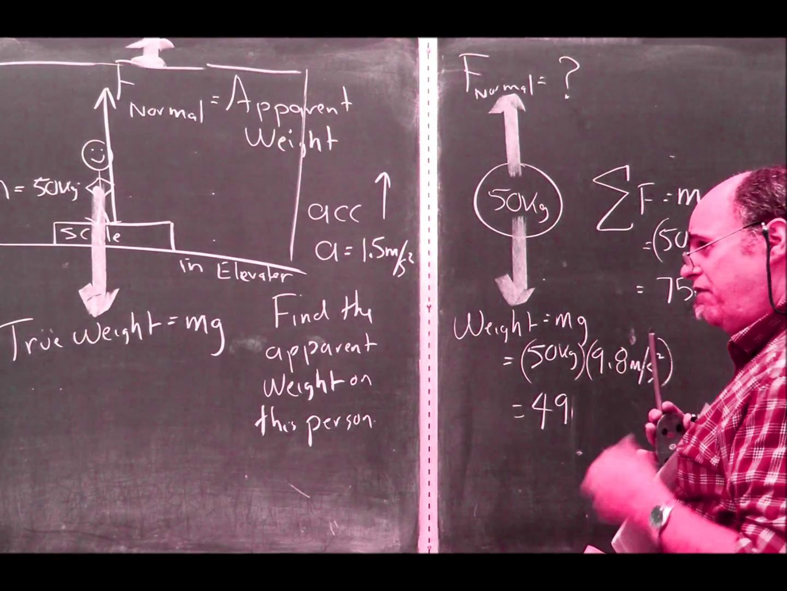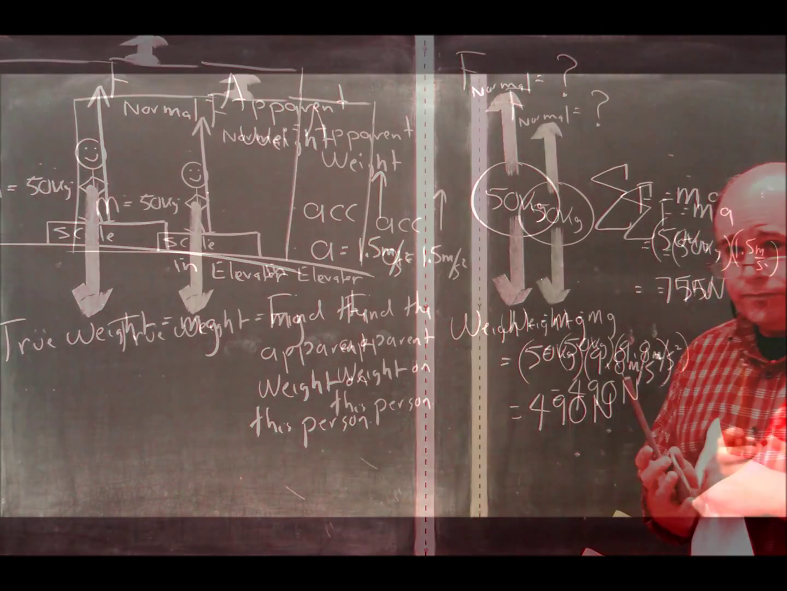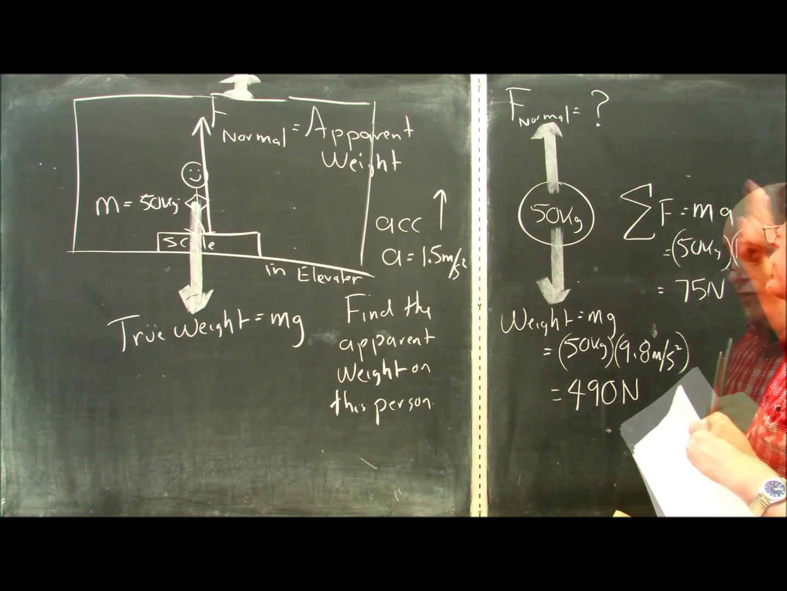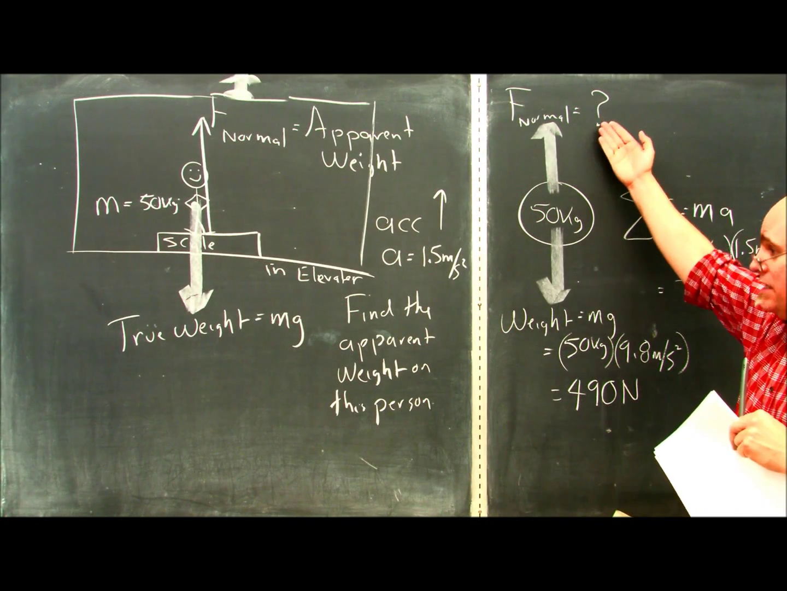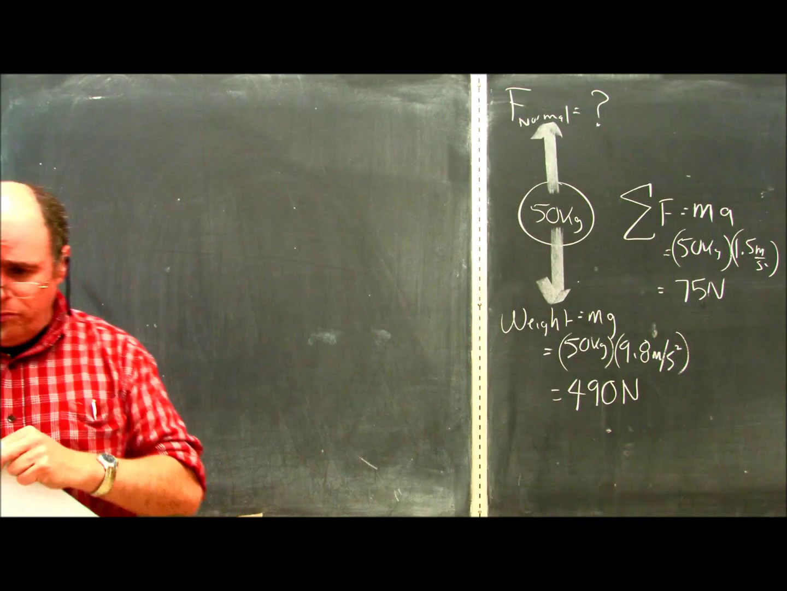That number should be 490 newtons. We all make mistakes occasionally. So how would I go about getting this number right here? Well, what I could do is apply a formula to it. And the formula I could apply would be